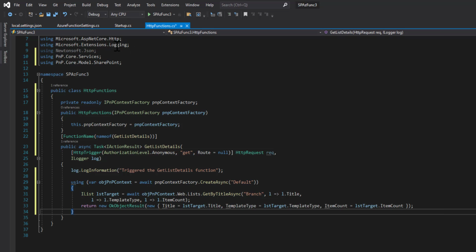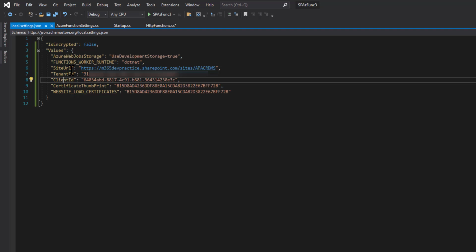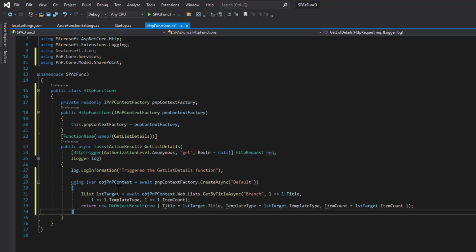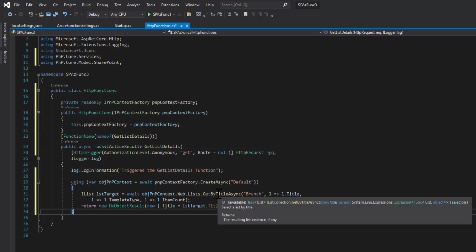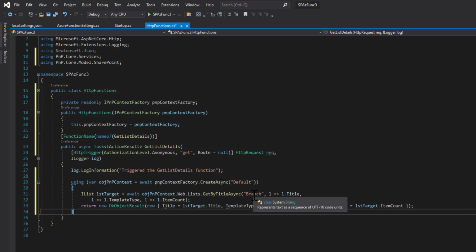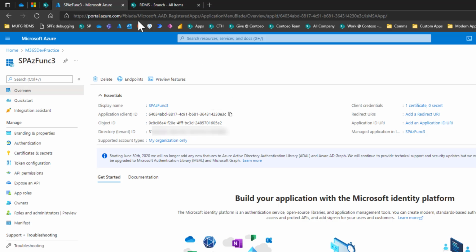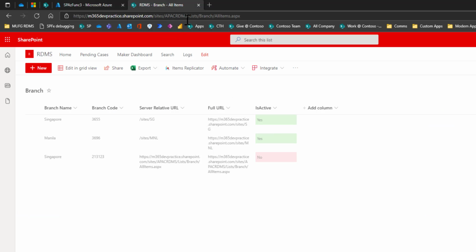So automatically this default is mapped to our site. Once it is created, we will be navigating to the list. We will be getting the list called branch. As you can see, this is the site APAC RDMS, and this is the branch list which has 3 items.